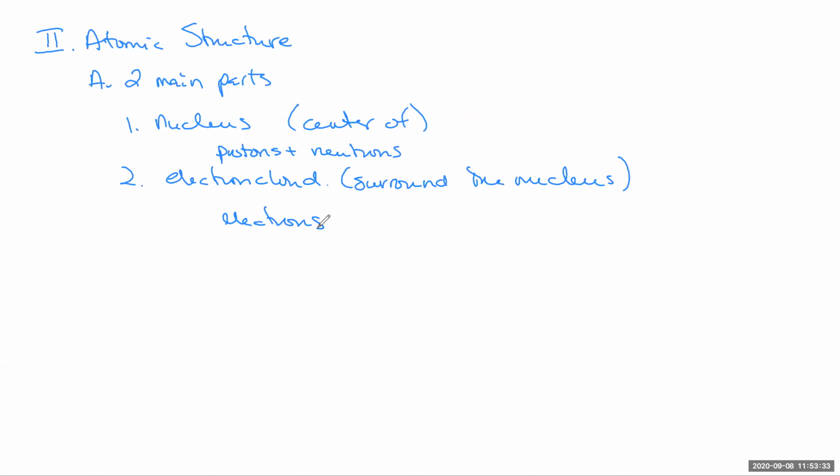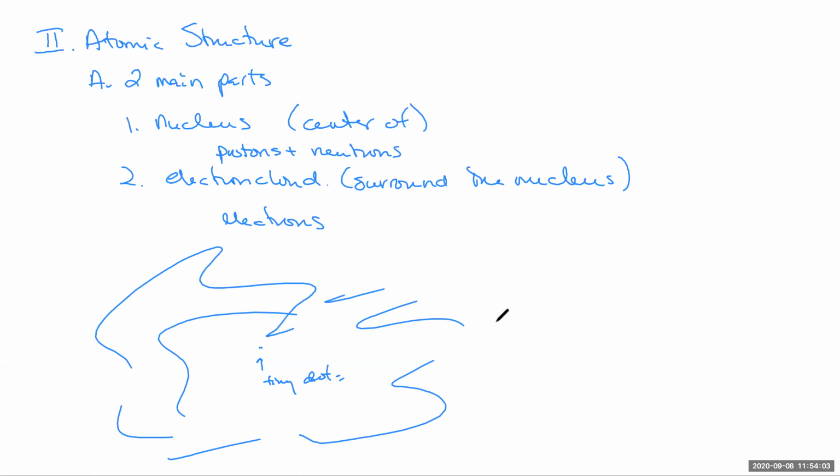Now, some things about the nucleus and the electron cloud. We can think about an atom as being kind of spherical overall, as a three-dimensional shape. And if you were to look at it, what you would find is the nucleus is a tiny little dot. And I can't even draw the electron cloud big enough. If this tiny dot was drawn and then you took the surroundings all around it, maybe the size of a football field on each side, obviously, I can't draw something that big, and you were to spin that in 3 dimensions to make it the rest, that's how much is the nucleus compared to the electron cloud.